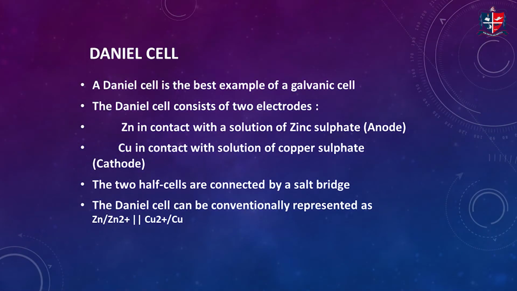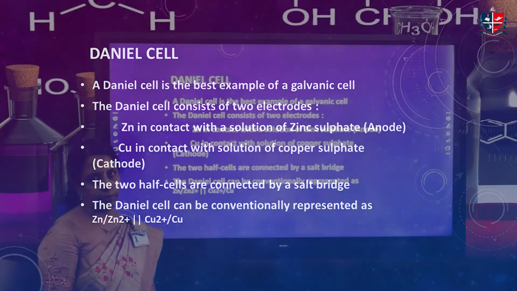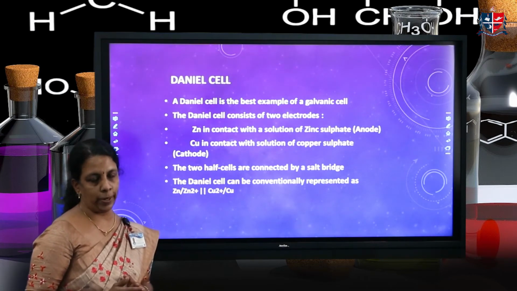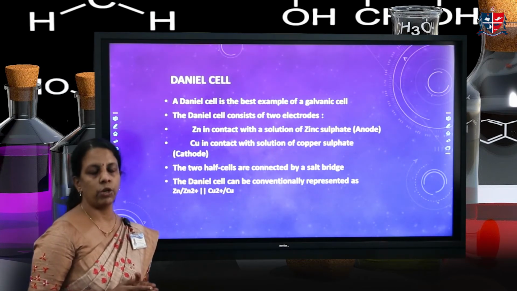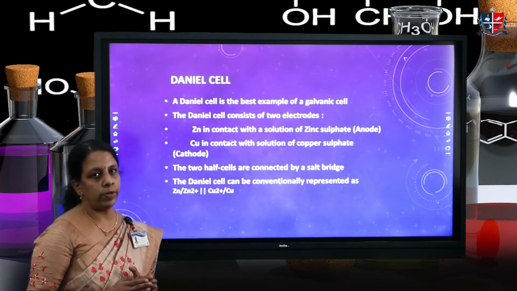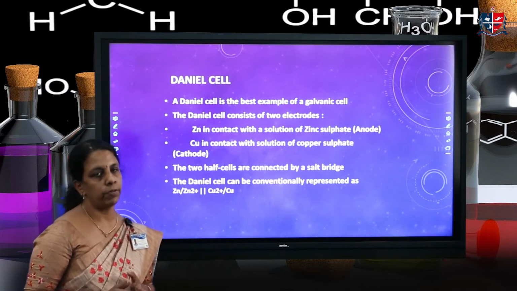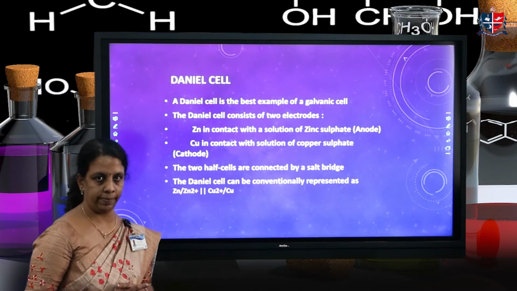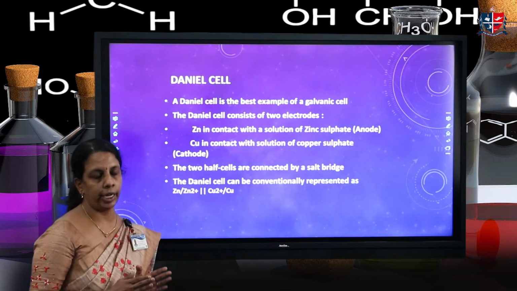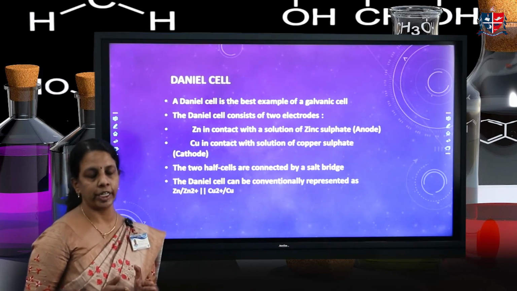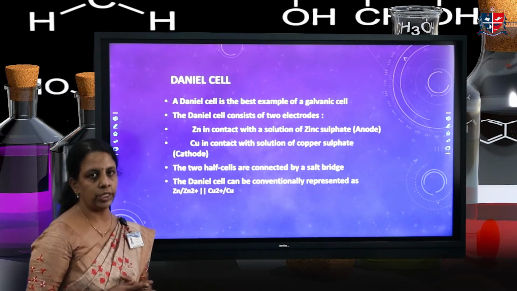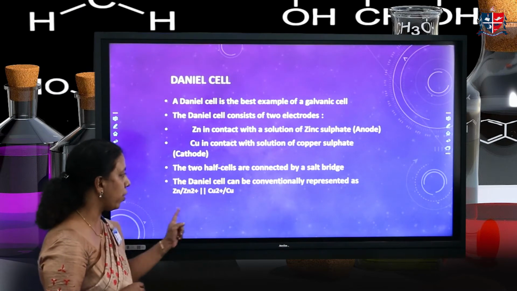The Daniell cell is a typical example of a galvanic cell. The Daniell cell consists of two electrodes, zinc and copper. Zinc will be dipped in a solution of zinc sulfate, which forms the oxidation half cell. Copper will be dipped in a solution of copper sulfate, which forms the reduction half cell. Out of the two electrodes, the zinc will be acting as the oxidation half cell and copper as the reduction half cell. The two solutions will be connected by means of a salt bridge, and we can have a general representation of